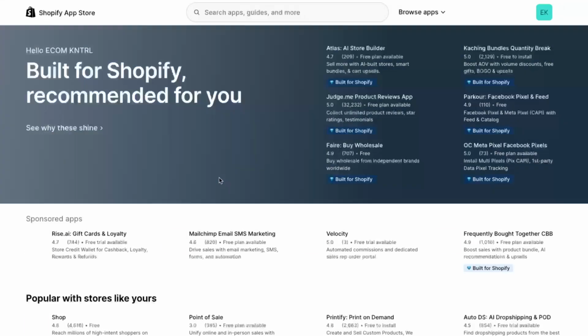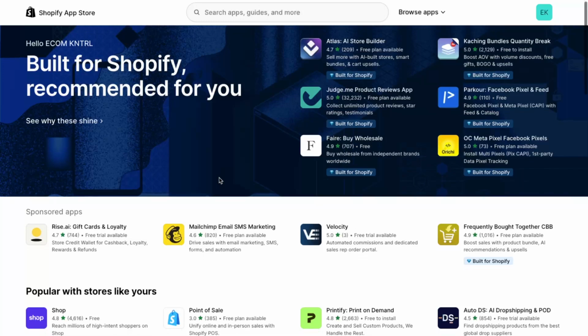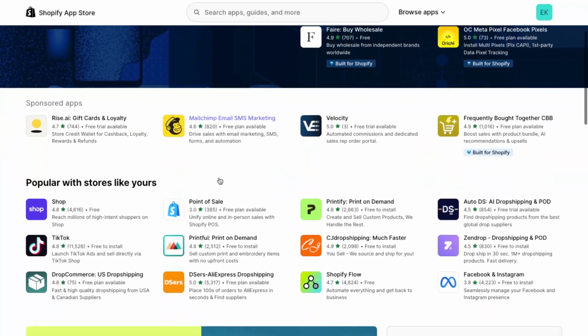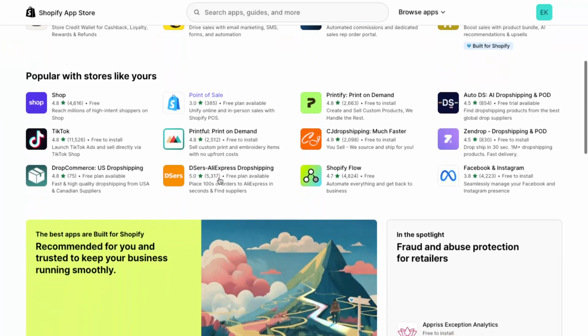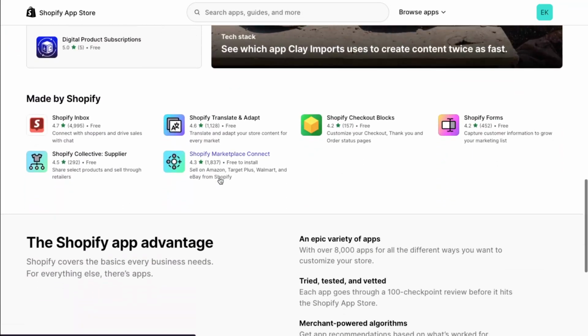Next, you'll want to access the full marketplace. On this page, click on Shopify App Store. This will open the official Shopify App Store, which is where thousands of apps are listed. Here you can browse by category, use filters, and read reviews to understand what each app does and how it's